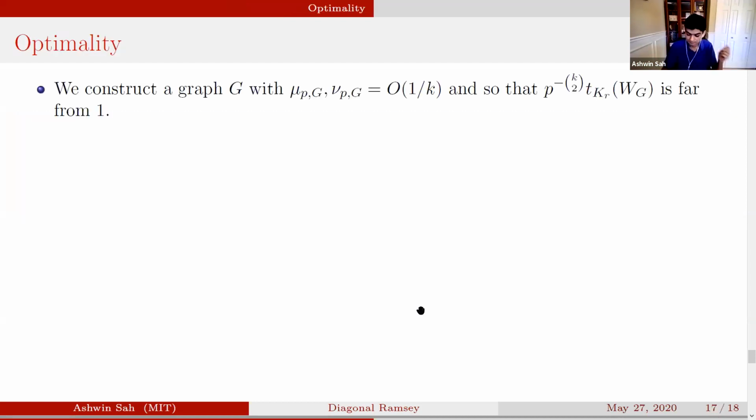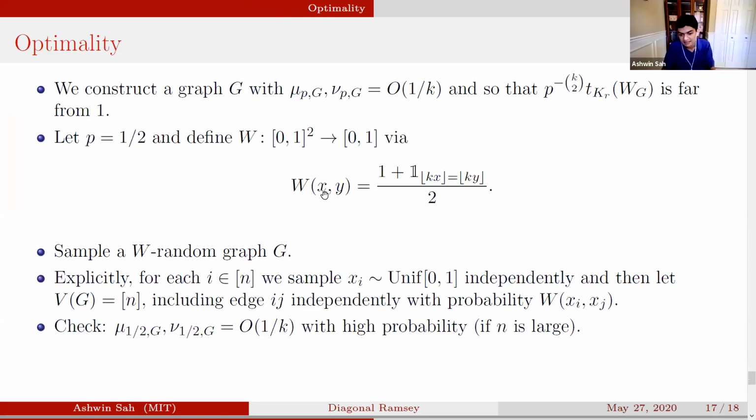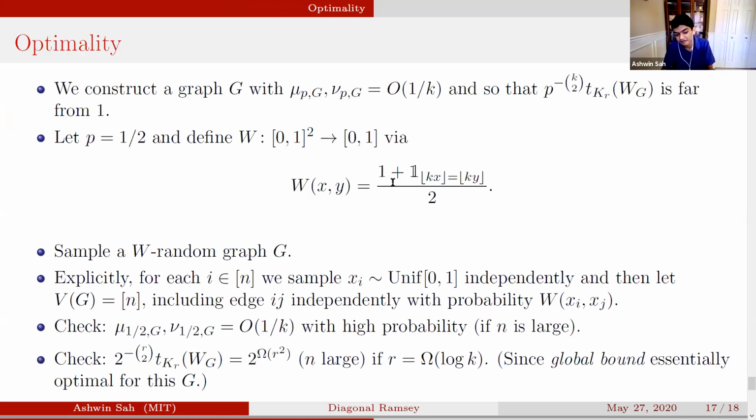Another nice thing is that since this W is at least 1/2, the value of f that we get is positive. So when we expand out t_{K_r} into these terms, since we know that all of these terms are positive and they're all approximately the size that the bound I gave claims, you can already see it's guaranteed in some sense to be roughly that. But again, I won't say more about that as it's more of a technical computation. But this is the extremal graph or graphon for these effective quasi-randomness results.